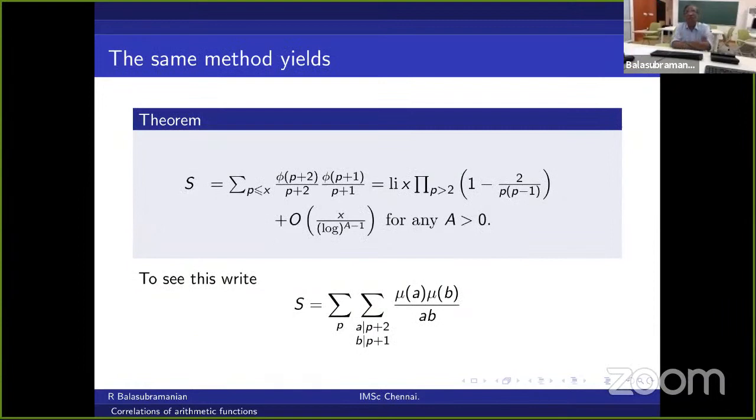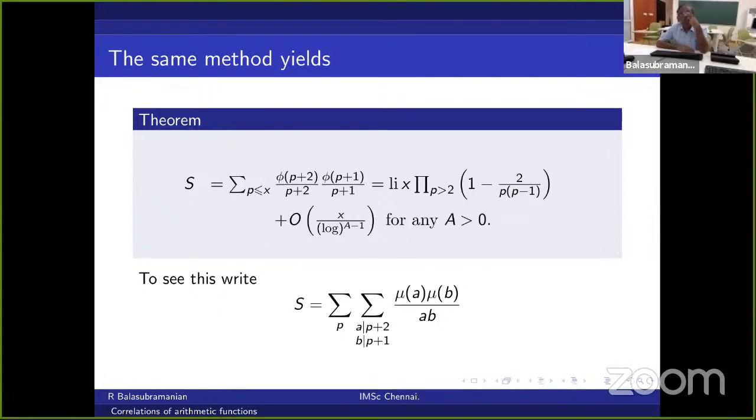And now I want to say that this simple convolution method of the shifted sum can be used not only to sum over n not exceeding x, but even to sum over p not exceeding x. For example, the summation over p not exceeding x of phi of p plus 2 by p plus 2 into phi of p plus 1 by p plus 1, for example, that will be Li of x